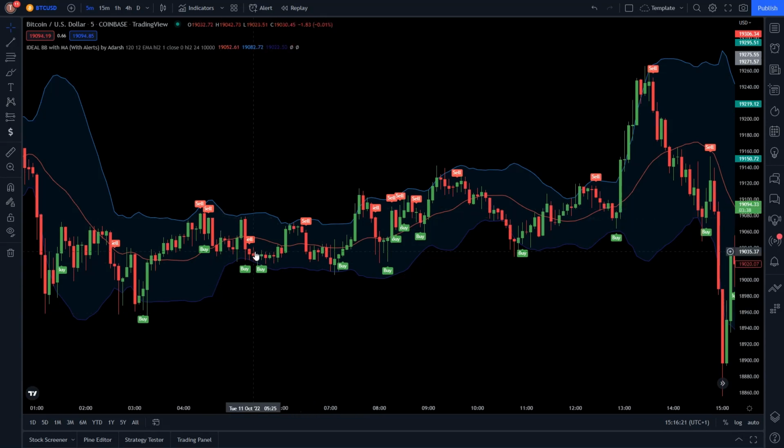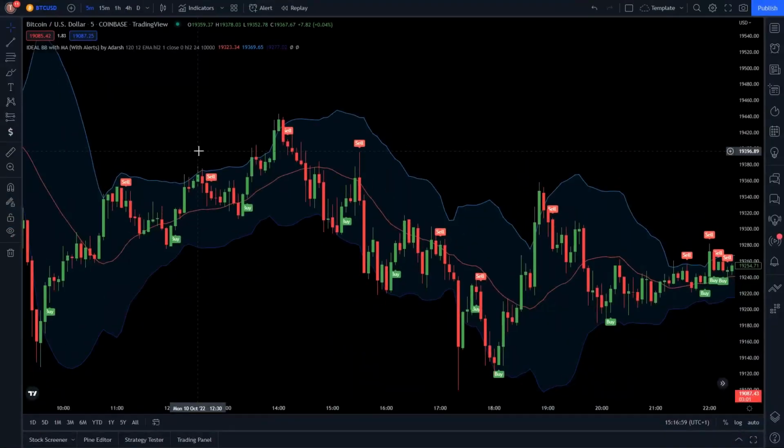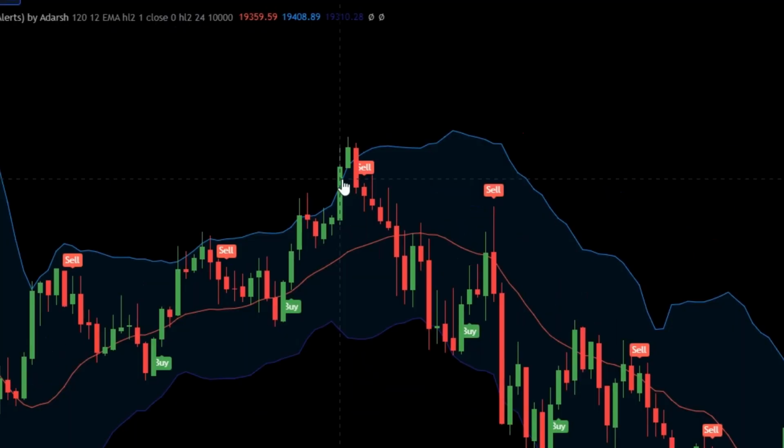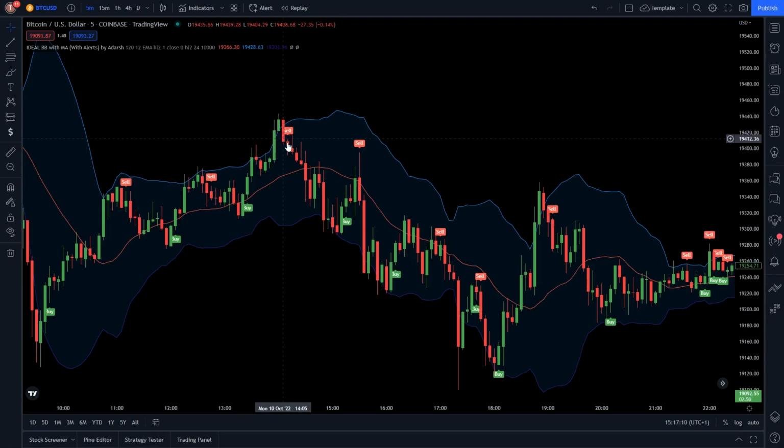There are a lot of buy and sell signals on this, but I'm going to show you exactly which ones we want to look for, and then I'm going to add an indicator in a minute to remove any of the losses. So to use this indicator for a sell, we want to make sure that price crosses and closes above this blue band here, and then we want to wait for it to come back in and then paint